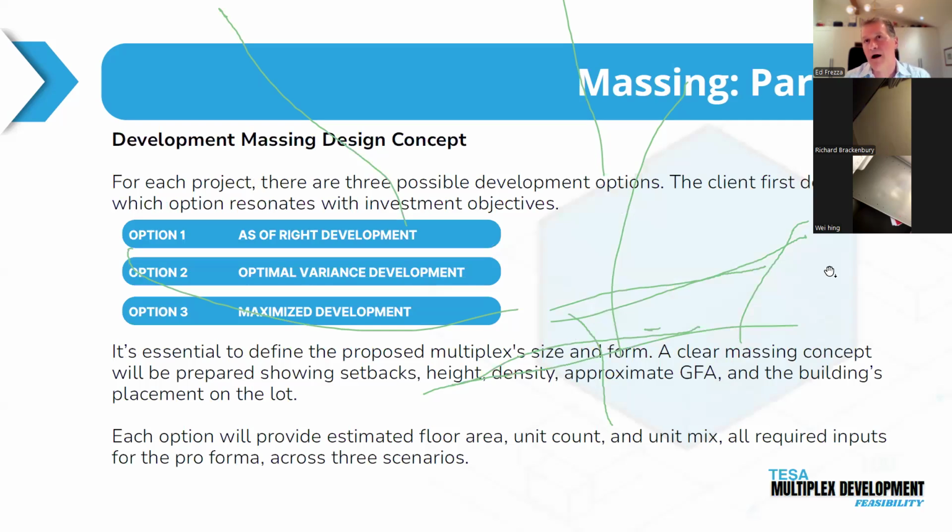As the saying goes, buyer beware. You're buying this property, we don't know anything about it, and it's our responsibility to get ourselves up to speed of what is permitted, what is not permitted. Part 2. Well, the question now becomes, what can you build on the property now that it's past the due diligence and the massing, but more importantly, how do you want to proceed?